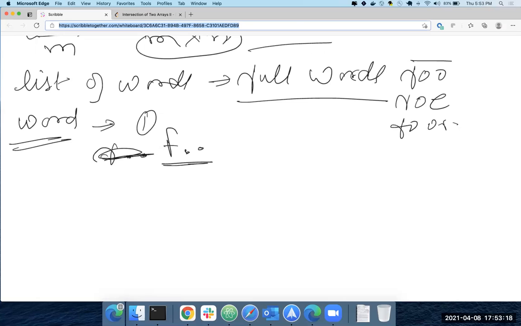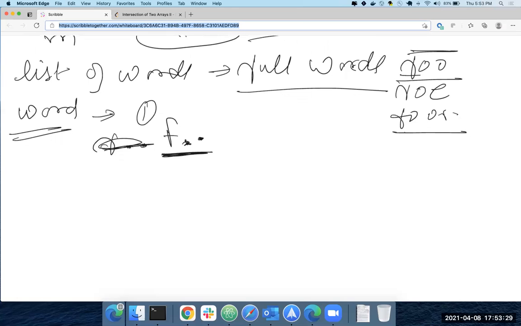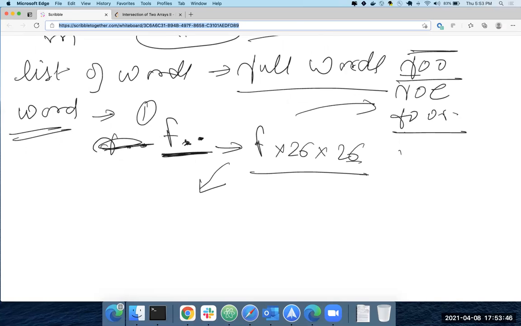So you check FOO, then FOE, then FOR. What are the possible words you can build with F dot dot? Any possible combination of 2 letters, so there are 26 possible words here. Generate all and check in O of 1 if each is present.